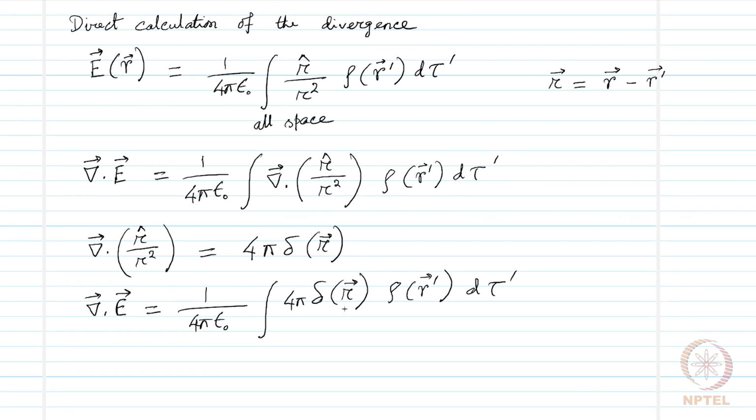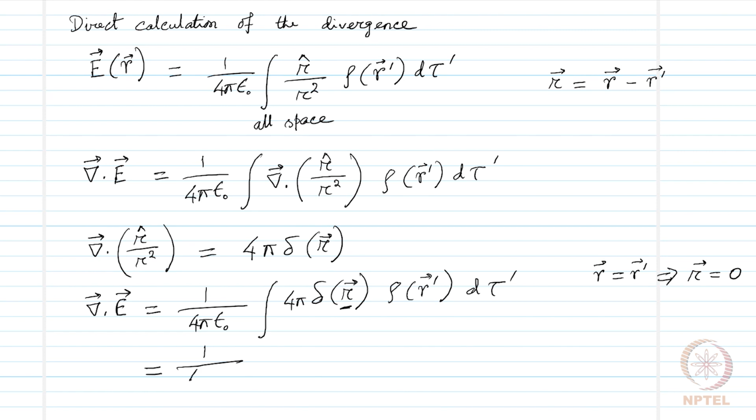Now, when does this argument r go to 0? When there is no distance between r and r prime. So, when r equals r prime, we have curly r equals 0. So, at that point we will have this integral giving some value. So, if we consider it in the form Dirac delta multiplied with a function integrated over all space, then we will have the value of the function at the point when the argument of the Dirac delta is 0. So, this will become